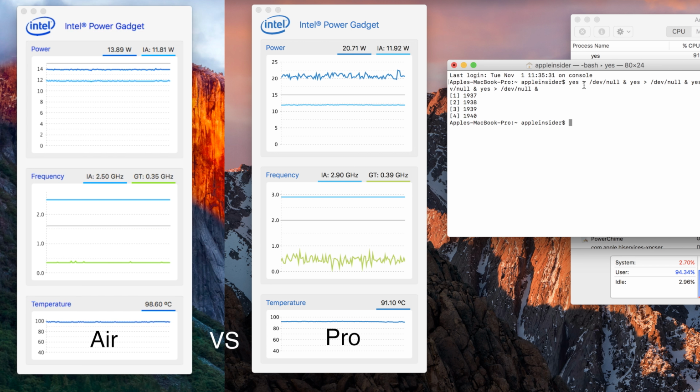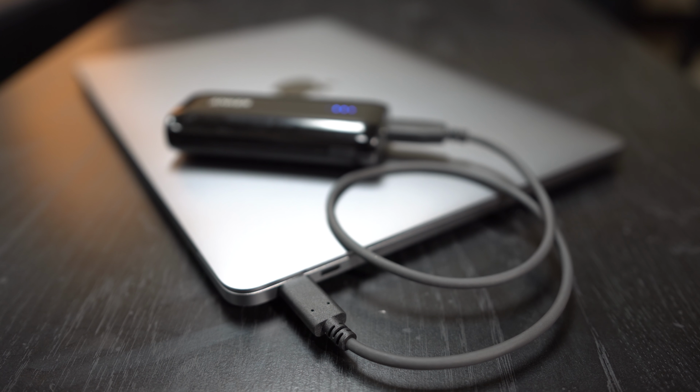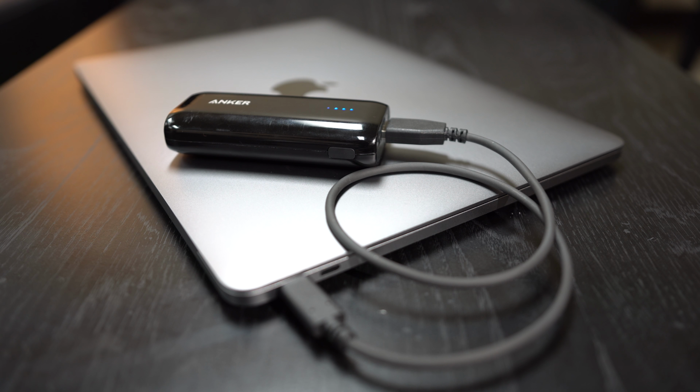On top of that, with extended high CPU use, the new MacBook Pro runs cooler than the Air. The larger size of the MacBook Air does give it a larger battery, which yields 2 extra hours of web usage. One benefit of the USB-C connector is the MacBook can be charged with a cheap USB battery bank, which is very convenient if you're traveling, and my choice over having MagSafe if we can only have one of the